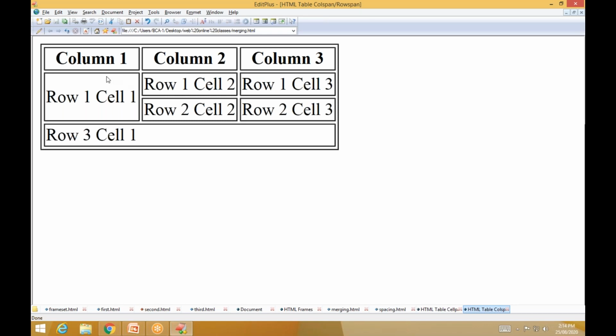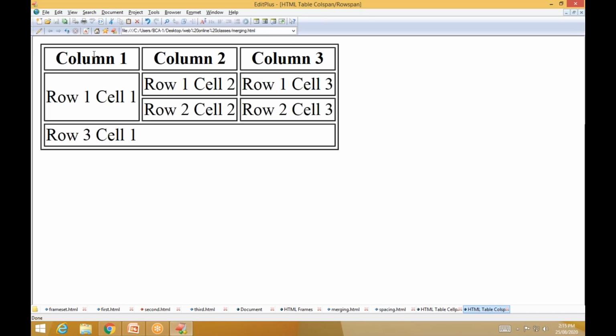But in the second and third row, I made a row span into one row. Instead of these 2 cells I made only one row. So here there are 2 rows, but I did a merging, that is row span here.